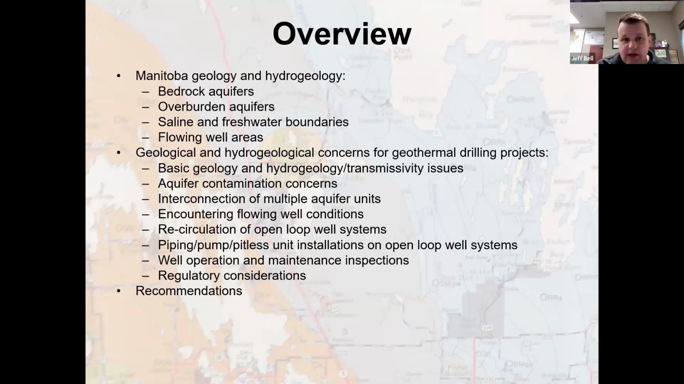So I'll talk a little bit about the geology of Manitoba and the hydrogeology of Manitoba, in particular the major aquifers that we have here. We have bedrock aquifers. We also have aquifers in the overburden. We have saline and freshwater boundaries that are naturally occurring and are fairly prevalent in what's going on here. We also have significant areas in Manitoba where conditions are flowing and that water levels in the aquifers are above